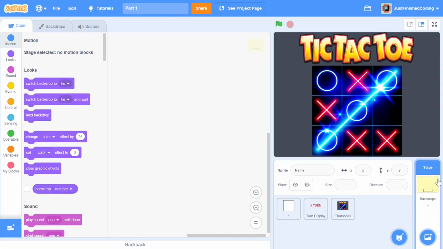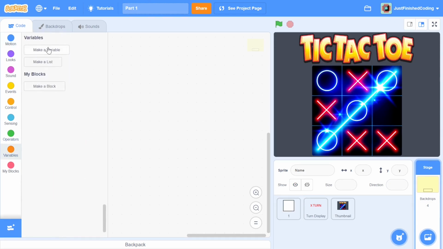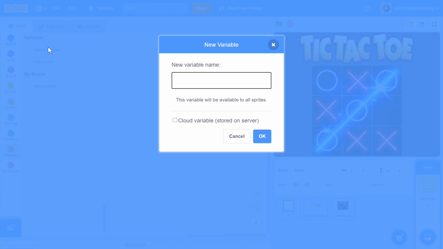So now we can go to the stage first, and it's time to do a bunch of variable initialization. So all of the variables which we're making from the stage are going to be by default global. And in order to make sure that I can read them from other sprites and I know easily without checking which variable is global and which variable is local, or if you want to call it public and private, whatever, I'm going to use uppercase and lowercase for each of those things.